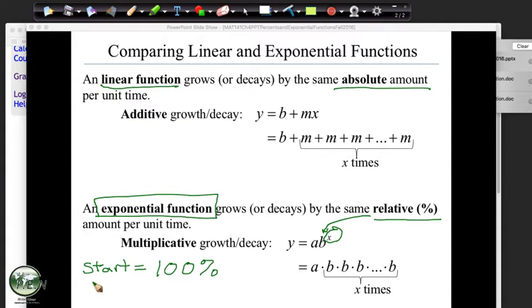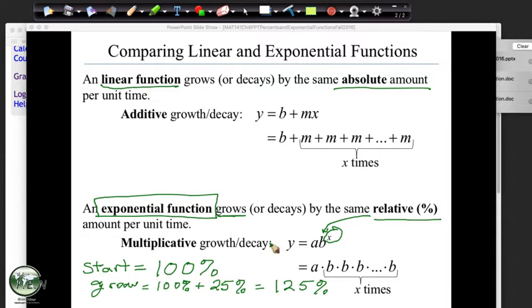So if we're going to grow, growth is going to look like we're going to have 100% plus the amount of the growth. Let's say 25%. So we're quickly going to see when we talk about growth, a 25% growth, the mathematics behind it is we're really thinking of 125%. That's the math we're going to use to do a 25% growth. So far, so good? Make sense?